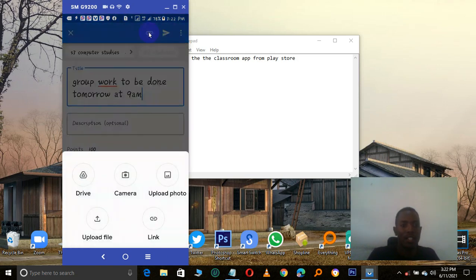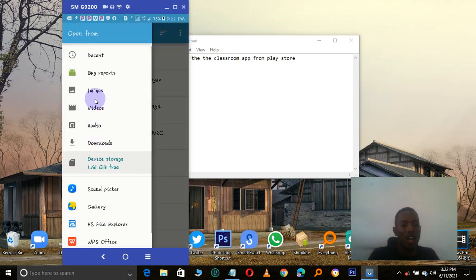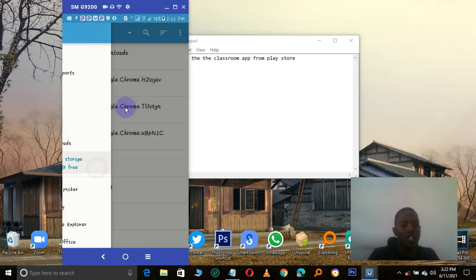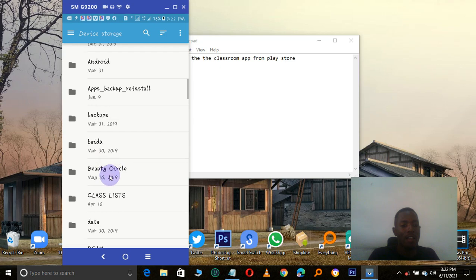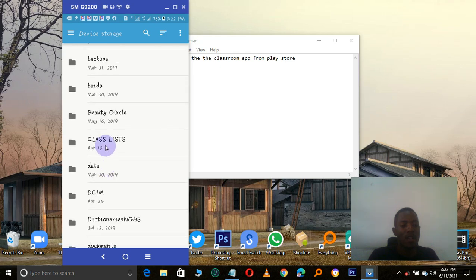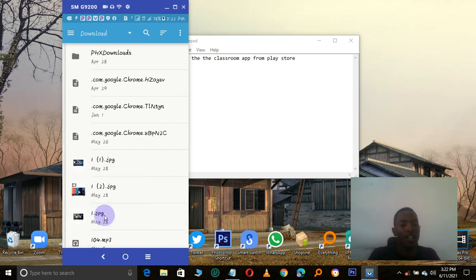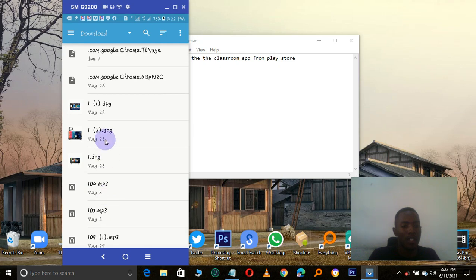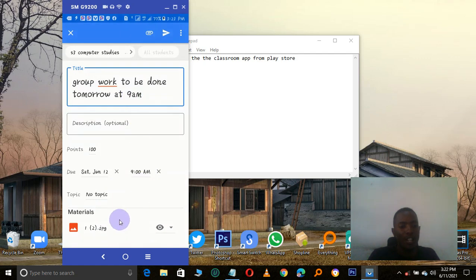So I can attach the assignment by clicking in here. I move to upload file. I come to my device storage. I now move to maybe downloads. I just need any file. Okay, let me move to downloads and pick anything. Let me pick this. It will load and finally be here. So it is for all the Senior 3 computer studies. So I will finally push it,